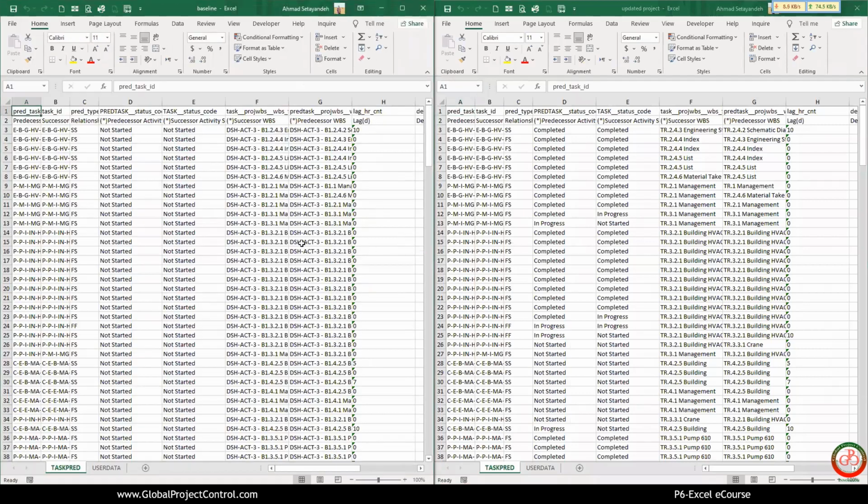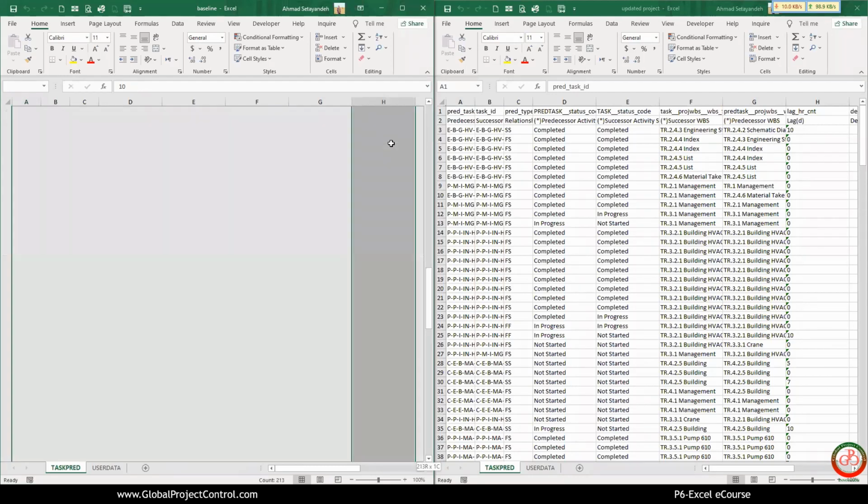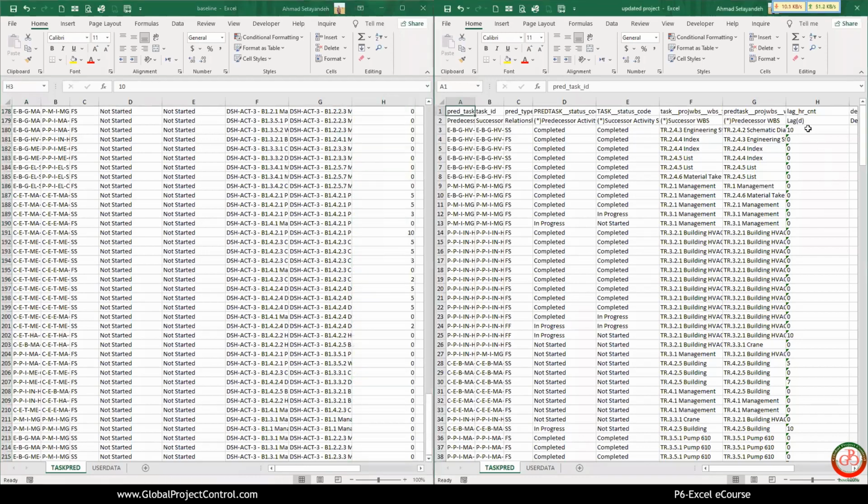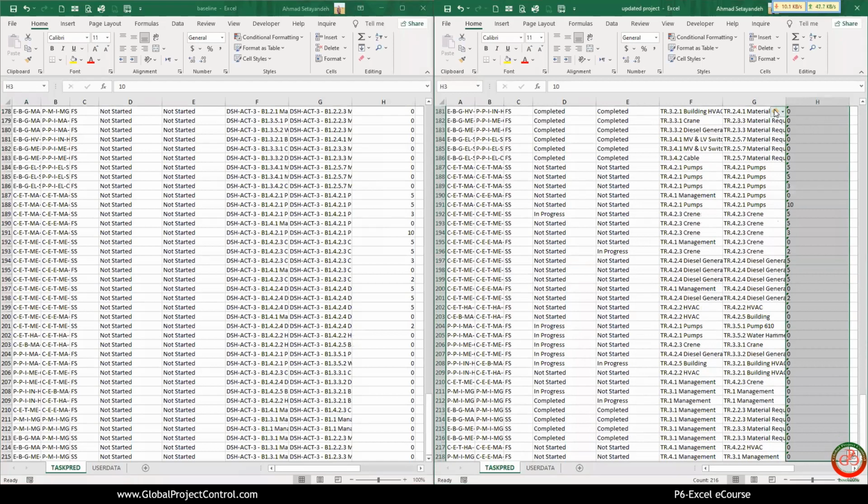The first action is to change the lag from text to the number. For both of these fields, you need to do it. Then,